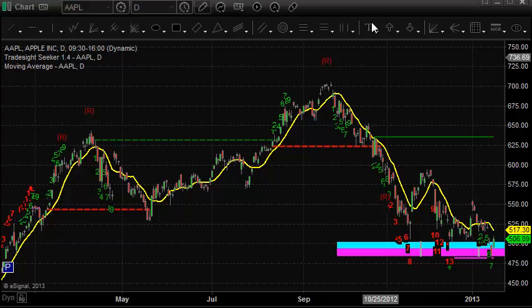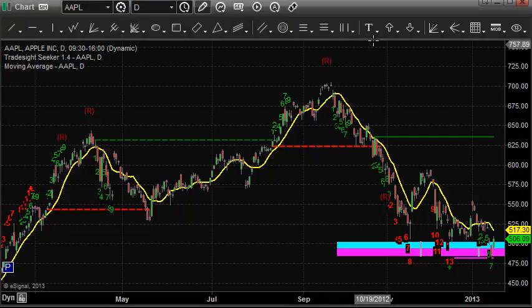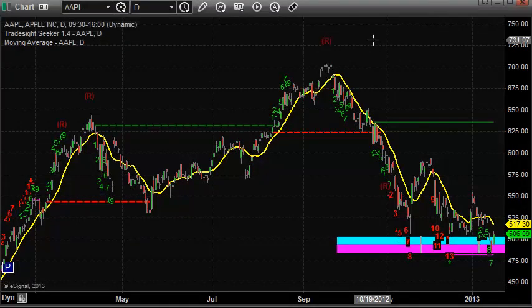All right, now here's a look at the Apple chart in the daily time frame here, and in this one we've added the Tradesight Seeker tool. We've got our 1 through 9 setup phase completed twice here, and now this one's active, and we actually produced a 13 down here, which is our buy warning. So we're looking for exhaustion to happen,